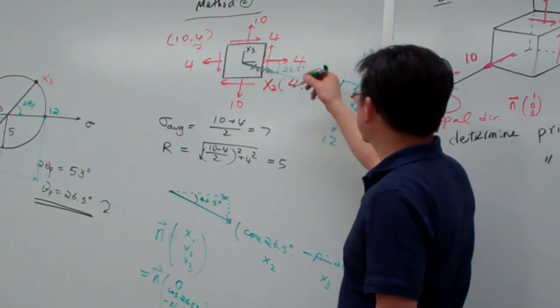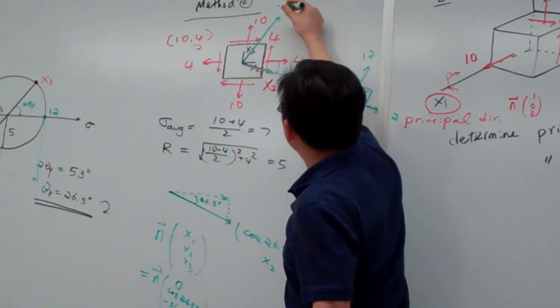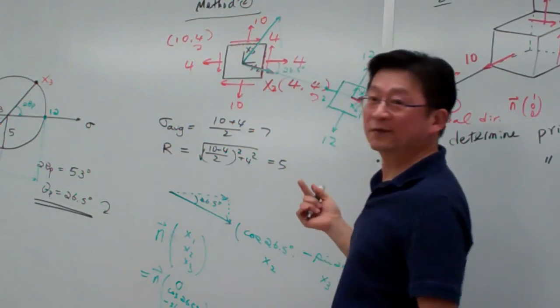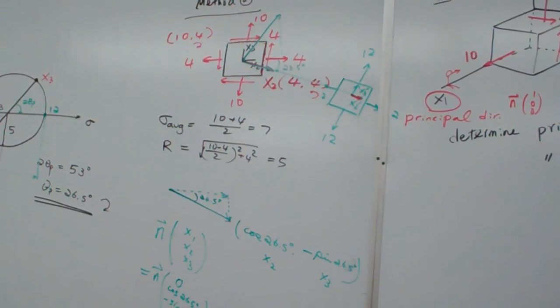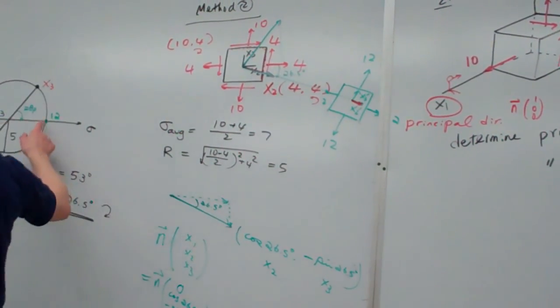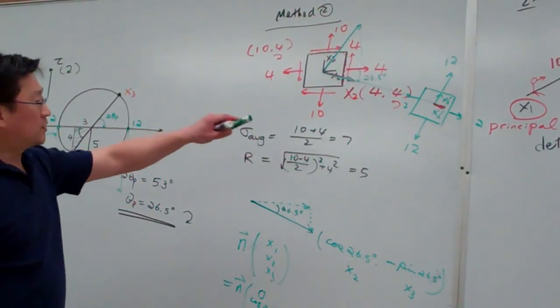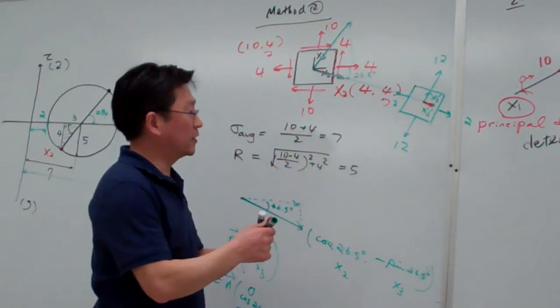And you can do similar things. This vector is pointing to here, then you can project it in a similar way. So for your homework, I didn't ask you to give me the principal directions, but the magnitude of the principal stresses, right? So here again, based upon this circle, let me redraw the 3D. This is our principal directions, so that means